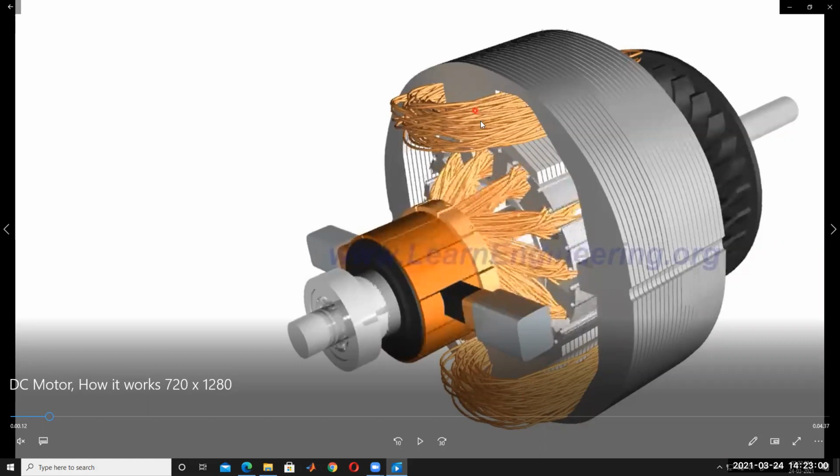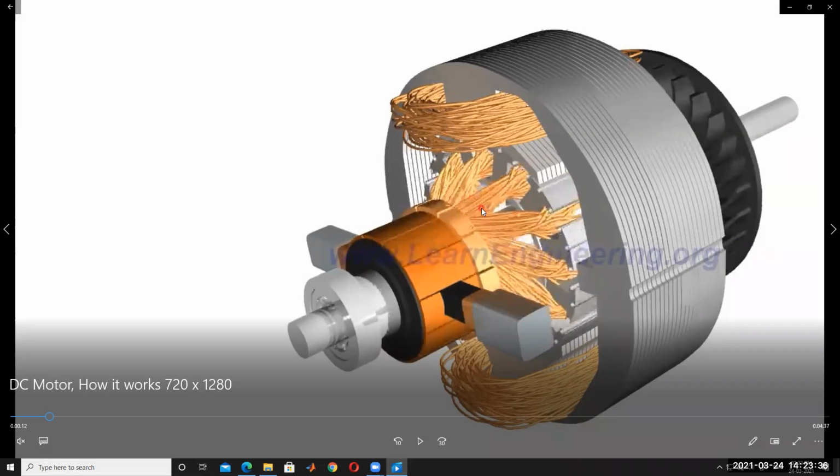In the stationary magnetic field, the flux lines leave from the north pole to the south pole. In this stationary magnetic field, the conductors are rotating. For example, they are rotated externally by a prime mover, such as a turbine. If we rotate this conductor in the stationary magnetic field, EMF is induced in the conductor. Because of that EMF, current is developed. That is the principle of operation of a generator.